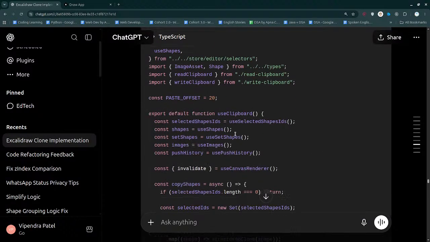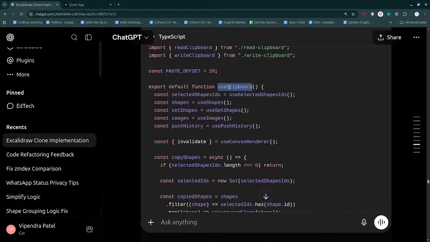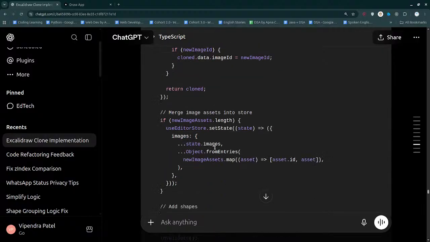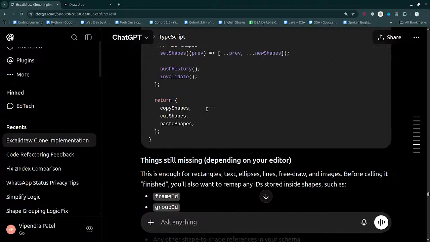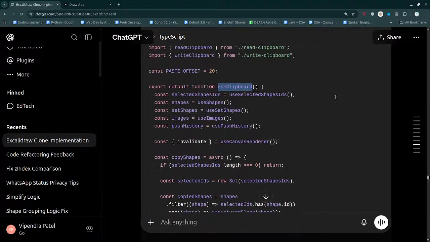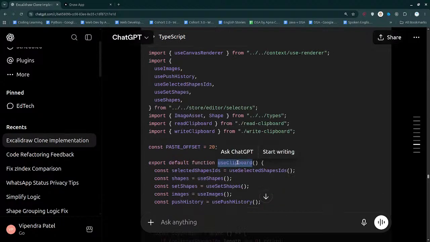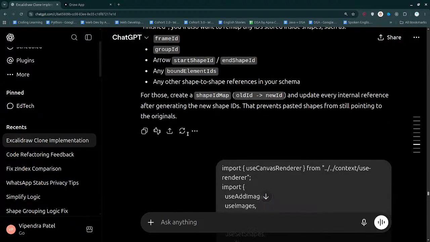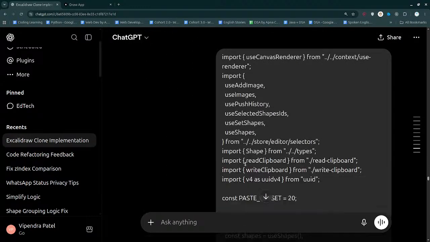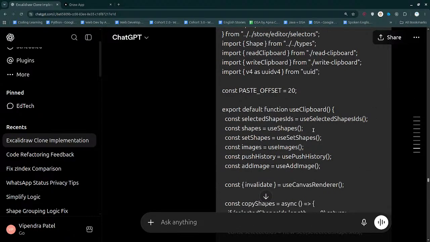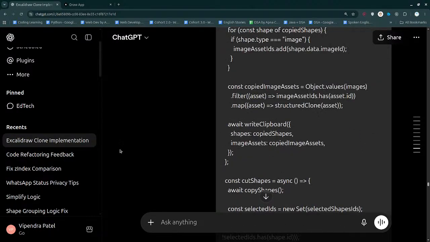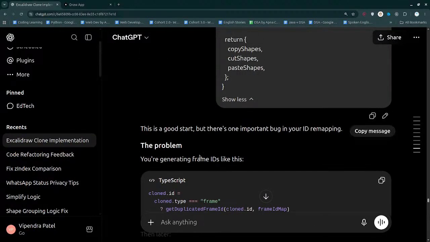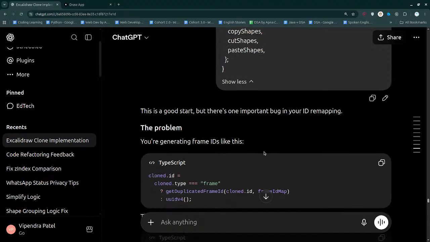Complete this. Okay, that is fine. Nano ID it is using in here. Use clipboard, and at the end of the day, copy shapes, cut shapes. It has these options, probably it could be the one, but not sure. For now let's just simply copy it, and we will definitely have to make changes. Use clipboard. This, but there's one important bug in your ID, that is